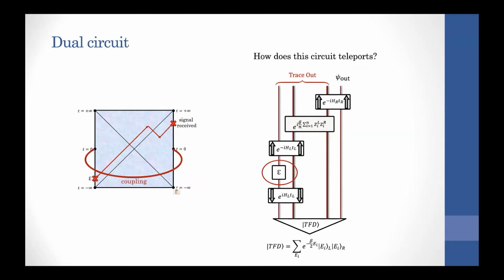So here you have n qubits on each side. But when you inject the signal, you touch very few of them. By this quantum channel, you inject your signal. You time evolve it further. And the left-right coupling for the case of qubits is a very simple coupling. So you have Z left, Z right, ZI left, ZI right qubits. So you just couple them in pairs and sum over this coupling, and then you normalize everything by n. So the strength of this coupling on each qubit is very small, and then you multiply the whole thing by a coupling g, which is order 1, and you time evolve further,